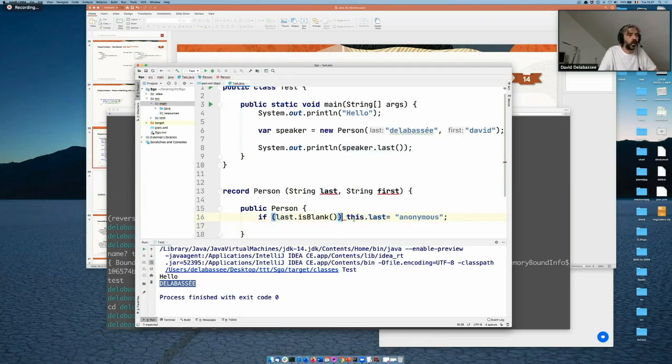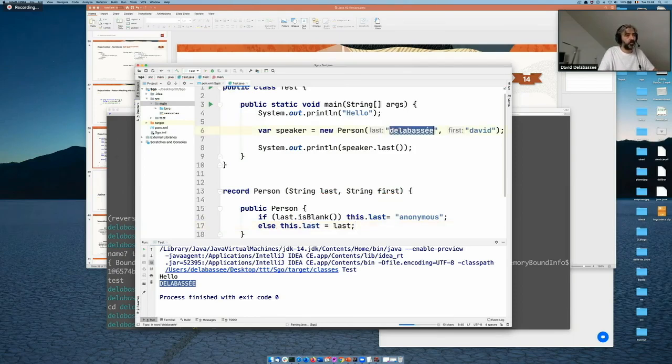Here the compiler will complain because last might not have been initialized. If we go through this branch, of course, last is initialized, but that means that if we have an else, it won't be. So if last name is not blank, it won't be initialized. To solve that, we need to add an else, so else this.last equals last. In this case, we have a default, a second branch, and it works.